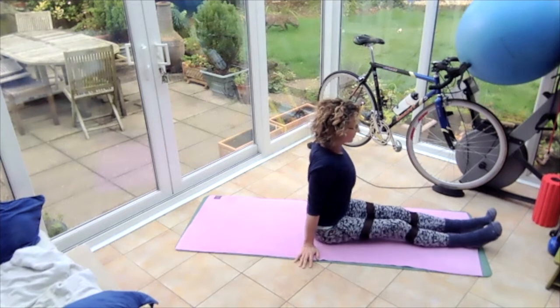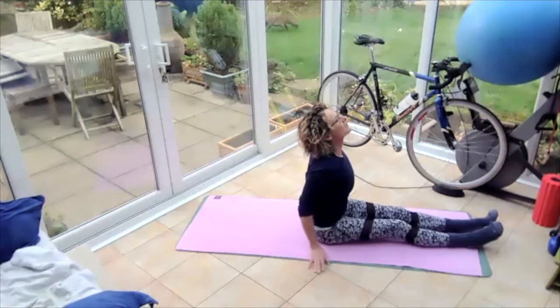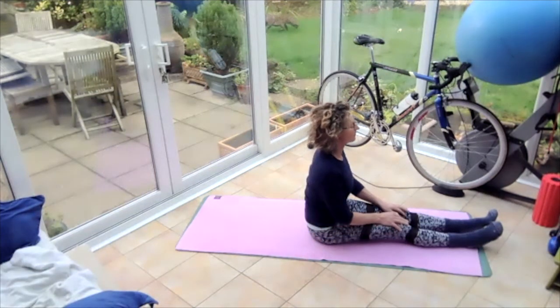And then pushing the chest forward, take the chin up to the sky, eyes up high, pulling those shoulder blades back and together, pushing the chin up, and then rest on those seat bones, take the weight off your hands and bring your eyes horizontal,